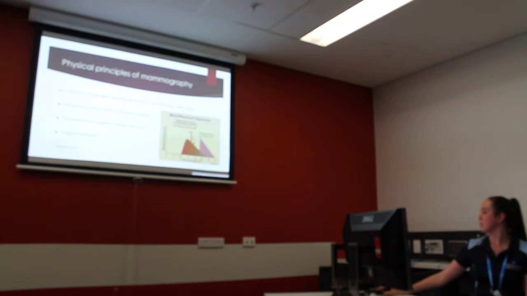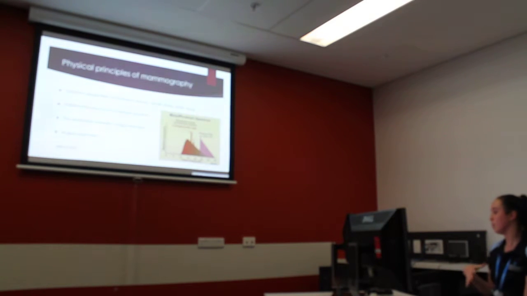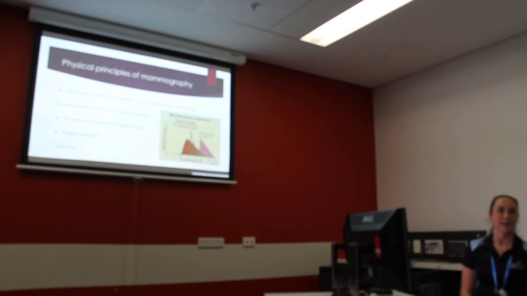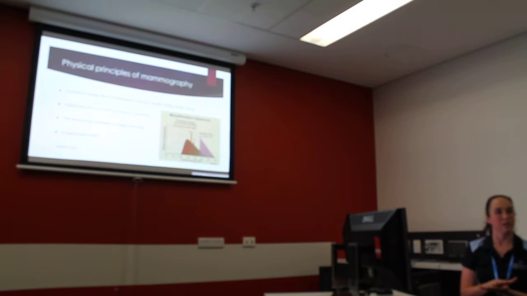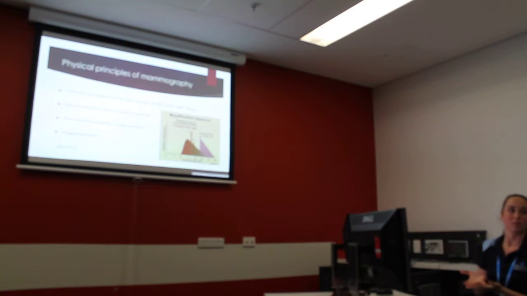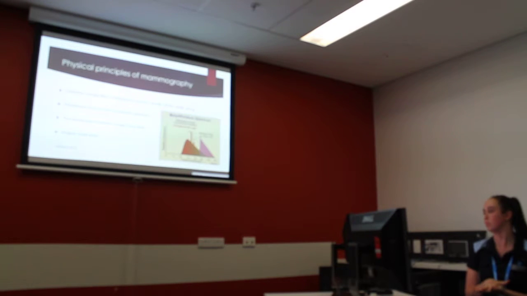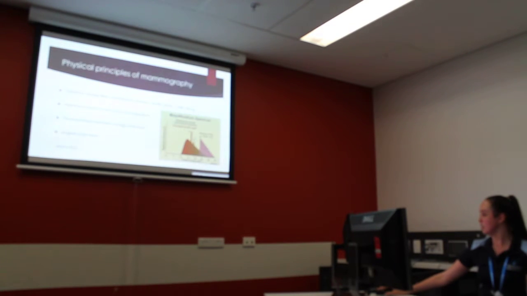So molybdenum and molybdenum anode filter should usually be used for a fatty breast, so more adipose, when it's compressed at 4 centimetres. Molybdenum and rhodium, probably more preferred for a glandular breast when it's compressed 5 to 7 centimetres thick. And that's obviously a larger thickness because it's got more glandular tissue, meaning a little bit hard to compress, and also depending on the patient's pain tolerance, they may find that a little bit more difficult as well. So this is because molybdenum has a lower atomic number of 42, whereas rhodium has a slightly higher atomic number